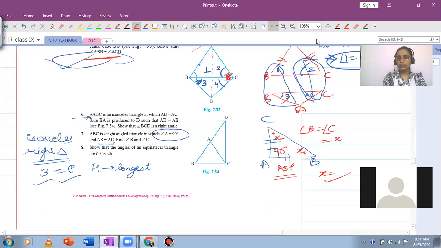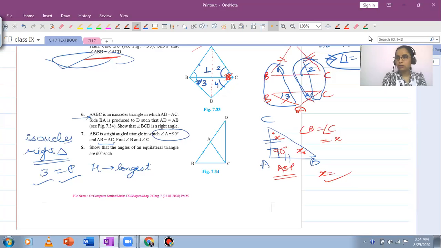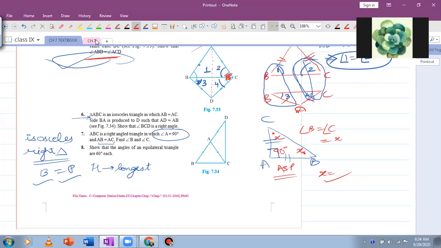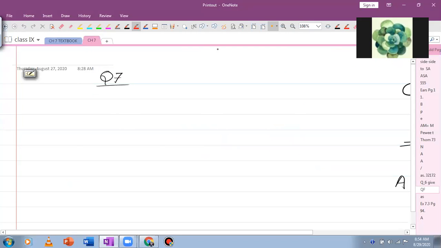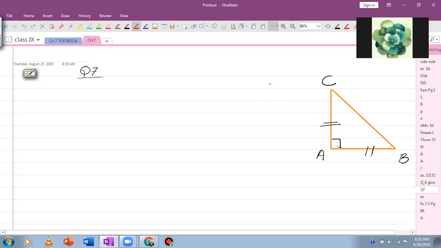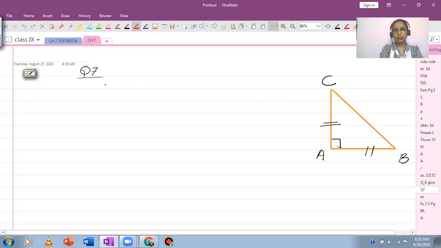I think you might have done it already, I guess. If you haven't done it, then you can just do it right now with me. So this is the question here. I'm going to just write it down. Because it's a calculation question, it's not necessary to write down the given and what you need to find out. You can simply start with your answer. So I'll just start with this, that in triangle ABC, AB is equal to AC. This is given to me. It's already marked in the figure as well.